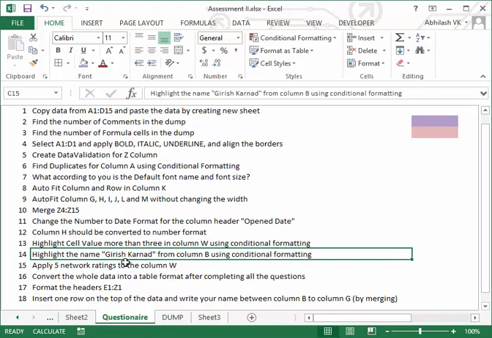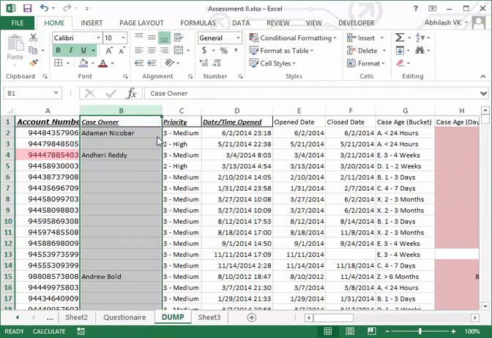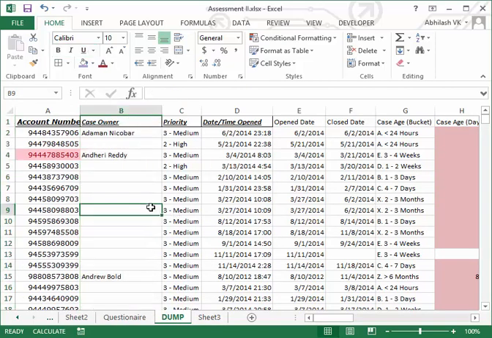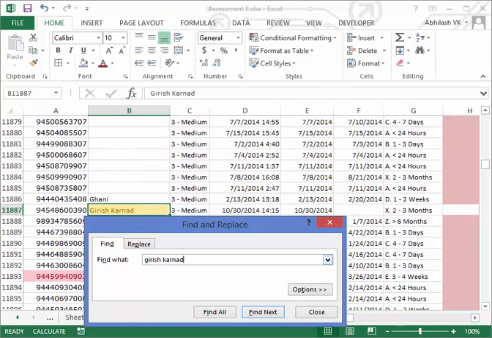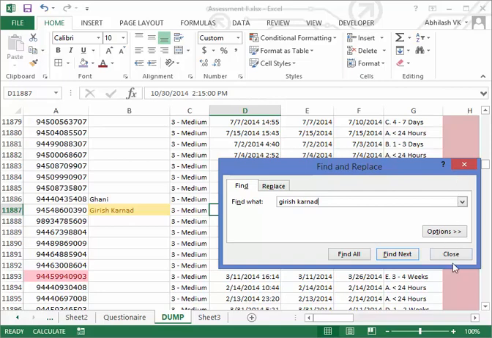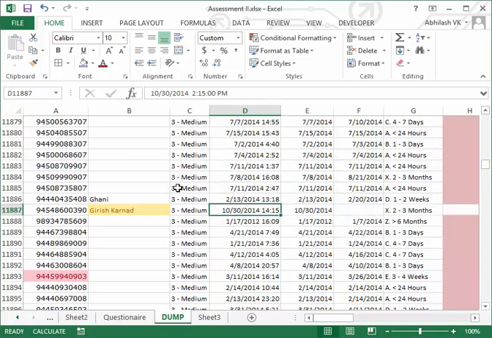Okay, so Girish Karnad. Let me go and see where is Girish Karnad. Either you can use Control F, Girish Karnad. Yes, so the cell is highlighted, correct? We can either do this way, or